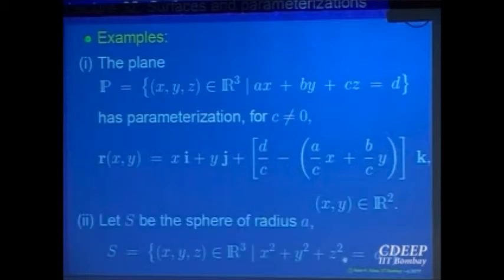For a sphere, if you recall, for a sphere x square plus y square plus z square equal to a square, we had many ways of describing a sphere. You can describe it in terms of cylindrical coordinates. You can also define it in terms of spherical coordinates, right? Here r is fixed, r is equal to a. So when you are writing spherical coordinates, only the angle phi, which is the angle between the z axis and that position vector, and on the projection, the polar angle. So theta and phi, only two components will be there.